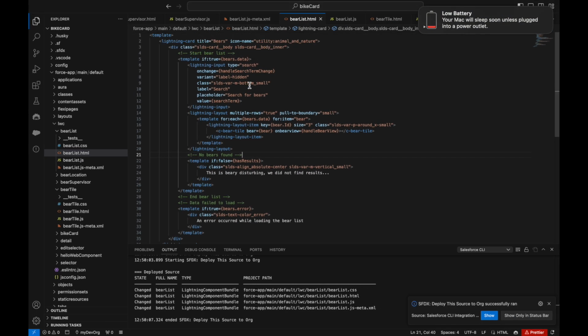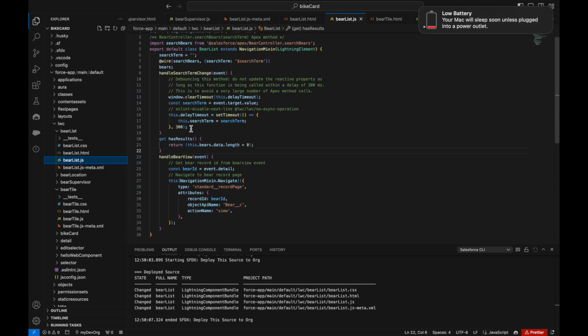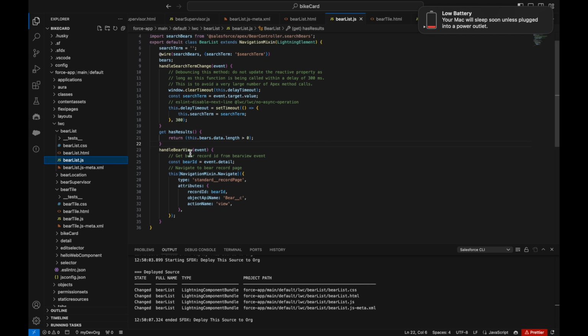So let's go back to understand the child component's code. So you are seeing here where we have called the beer tile. If you remember, earlier I explained that after going through each loop, after checking each ID, it's showing the tiles data, so all the code related to showing the tiles data has been passed on to this beer tile component. So we will move there, and you can see this beer variable and this handle beer view, and this we have added. So this beer variable, if we go here, it's nothing but